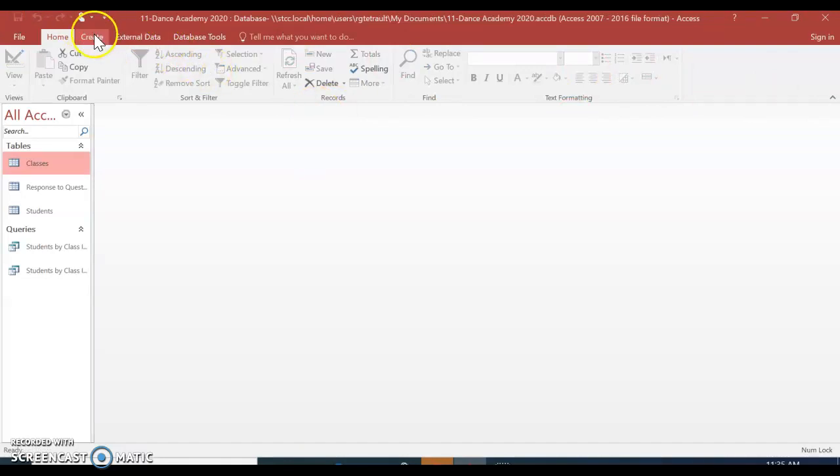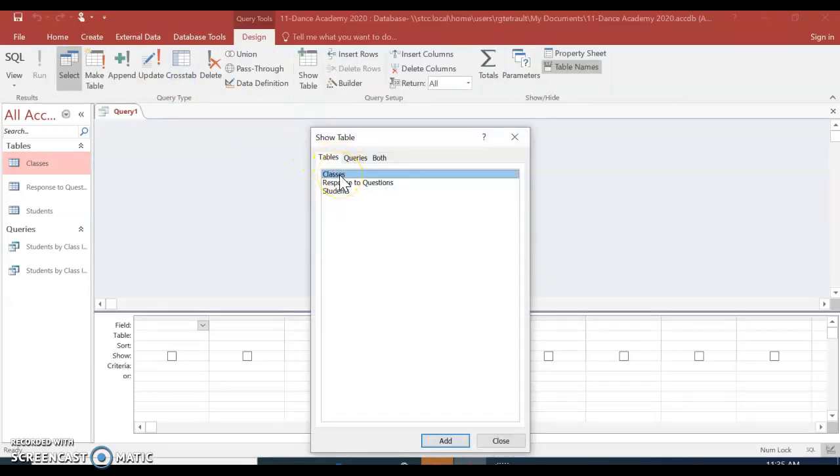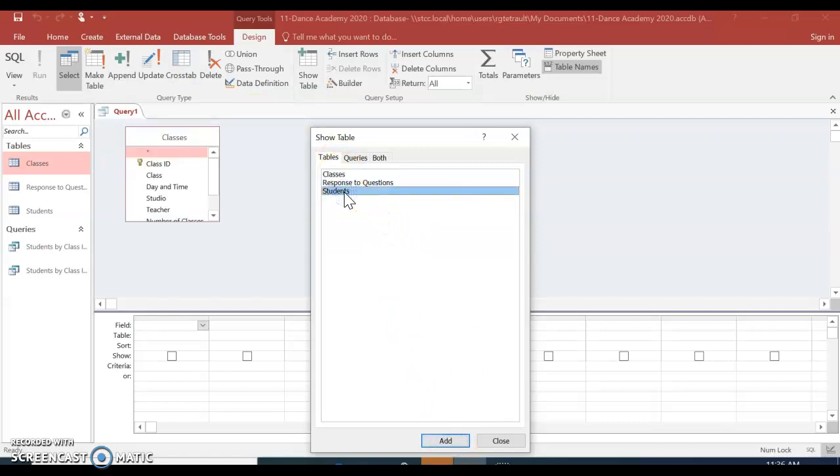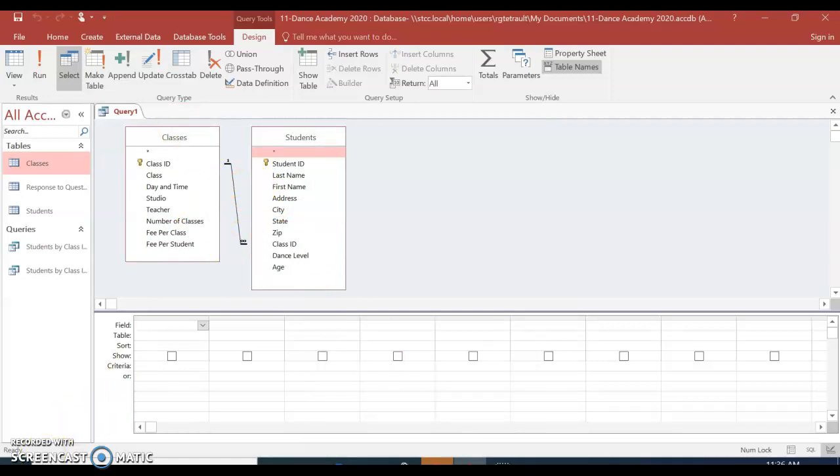The next thing we'll do is choose Create, and we're going to choose Query Design. And again, we're taking from the classes, so you can either click Add, or when you click Students, you can just double click and it puts it there. And then we'll close out of here. Again, make the column larger so you can see everything. There's your connection between the two tables. So the first thing we want in the very first column of this query is first name. So double click first name, and it shows up in your design table. Last name, class, that's over here in the classes table, and then teacher,